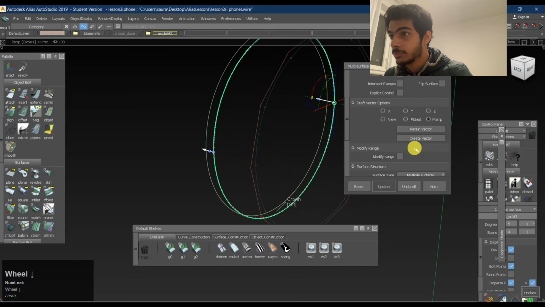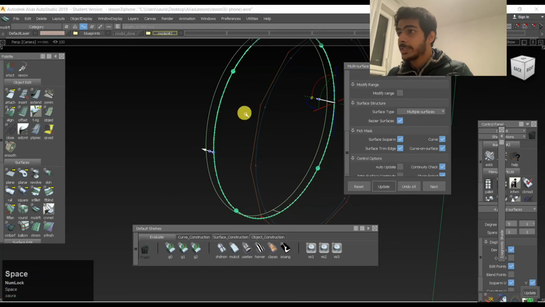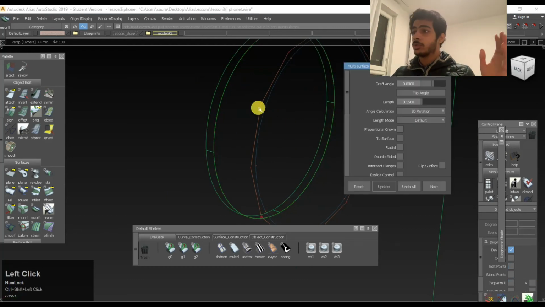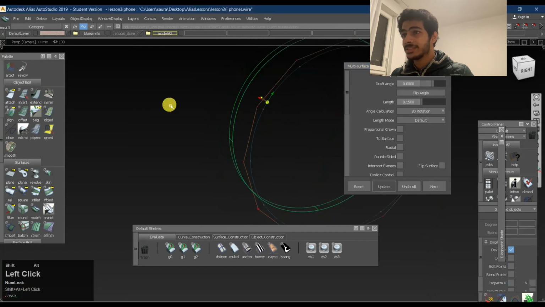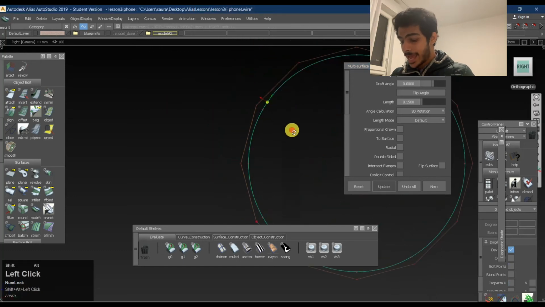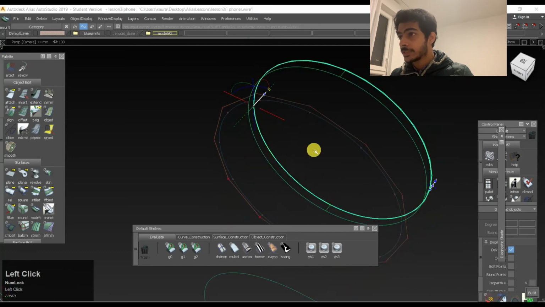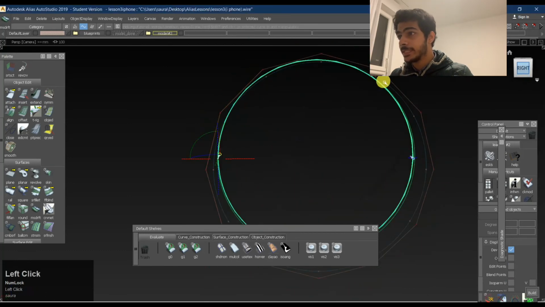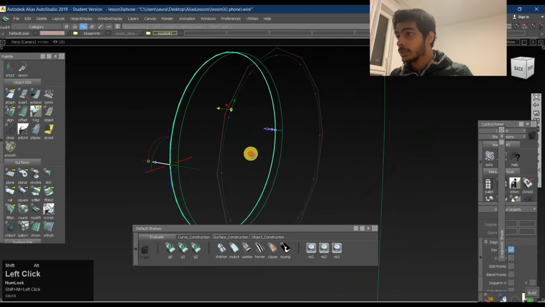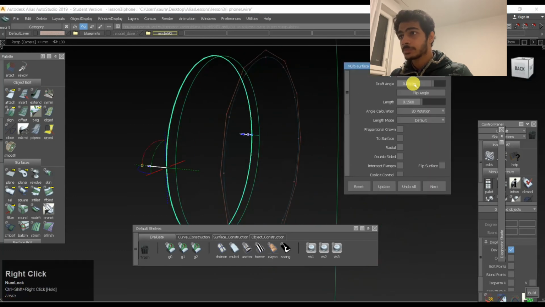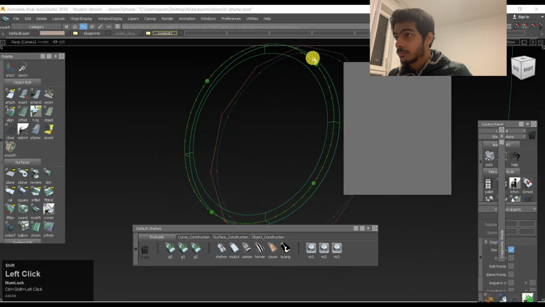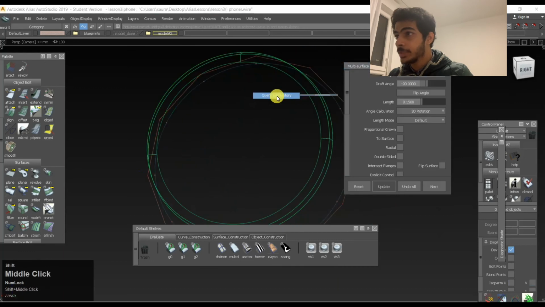We'll keep this as Bezier. One more thing is, as I said in my first video, I don't like to work with spans a lot. I like to keep things as clean as possible. So that's also one thing that I keep in mind, is not playing with spans a lot, right? I don't like to play with spans a lot. I like to keep things simple.